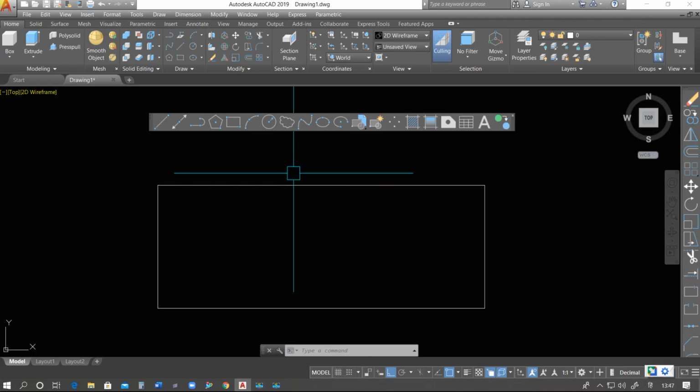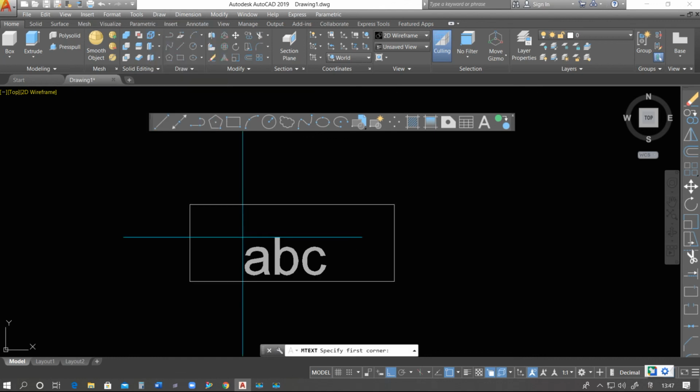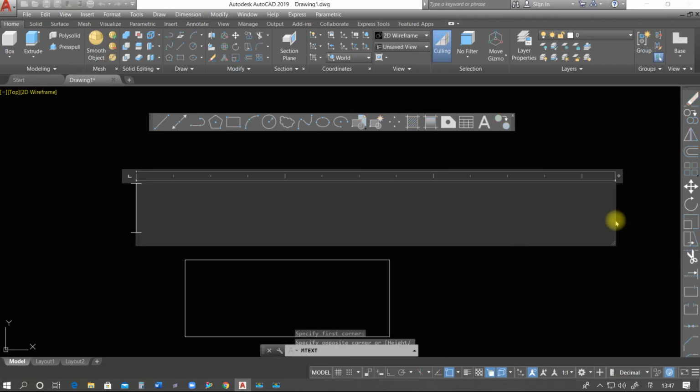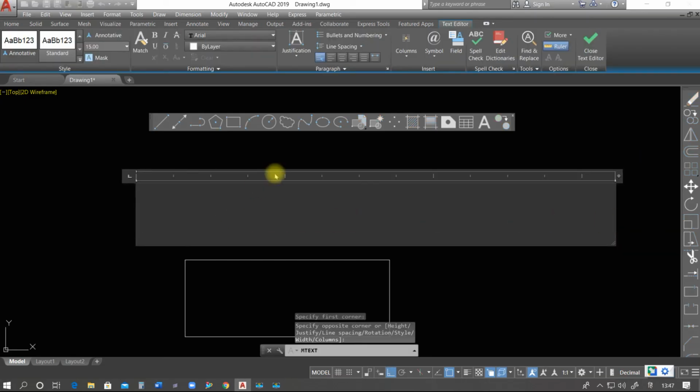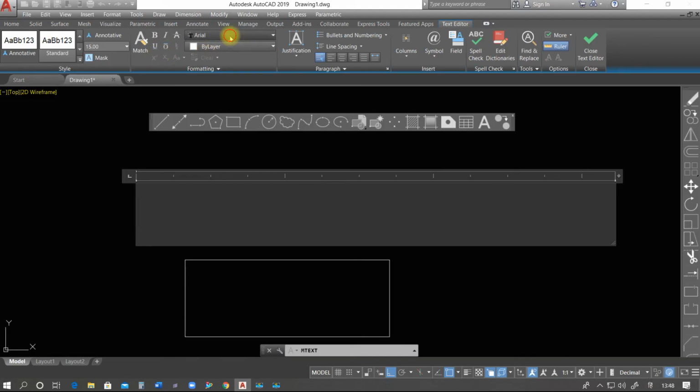Okay, and the last tool of the draw toolbar is text. Here we have two options, multi-line text and single line text. For multi-line text we have to specify 2 points, first point and second corner. Now we can write some text. Here we can manipulate the height of the text. You can select what type of font you want from here.